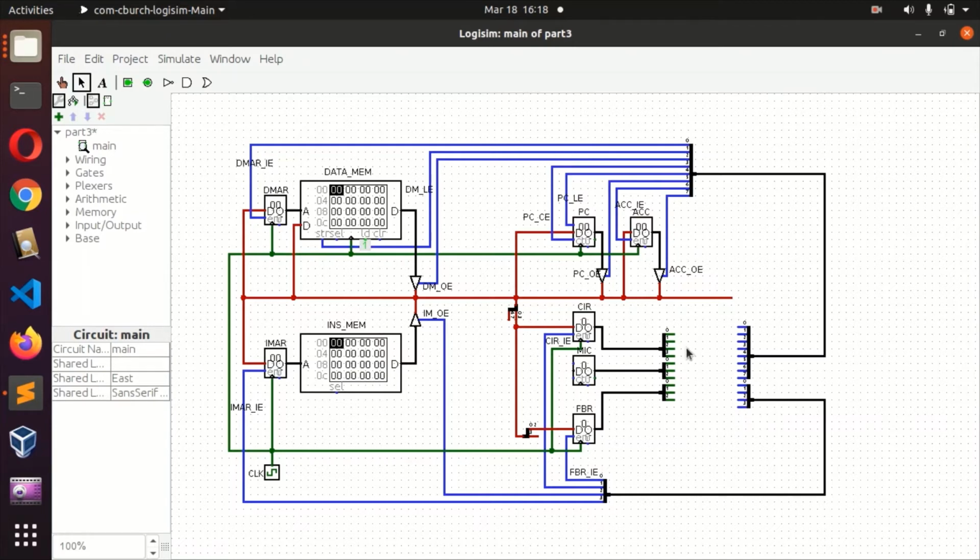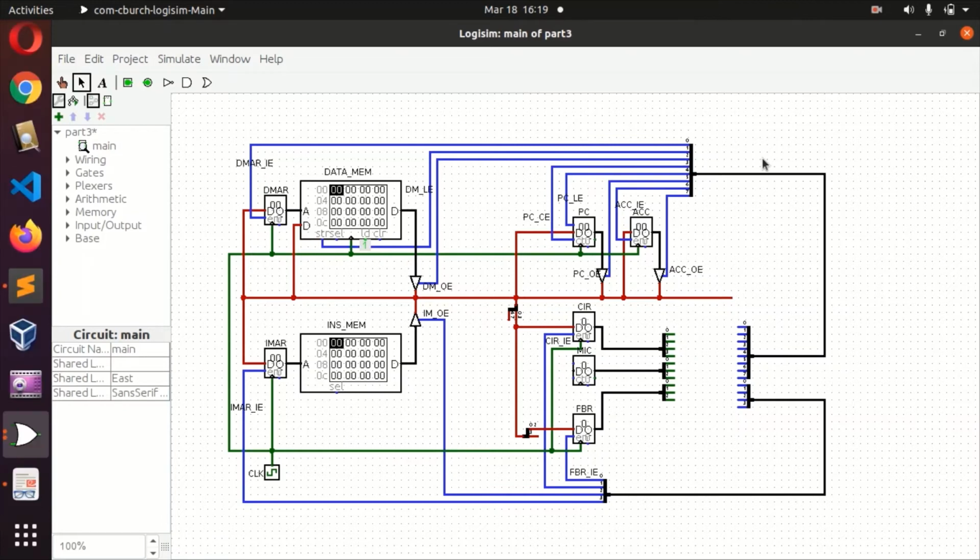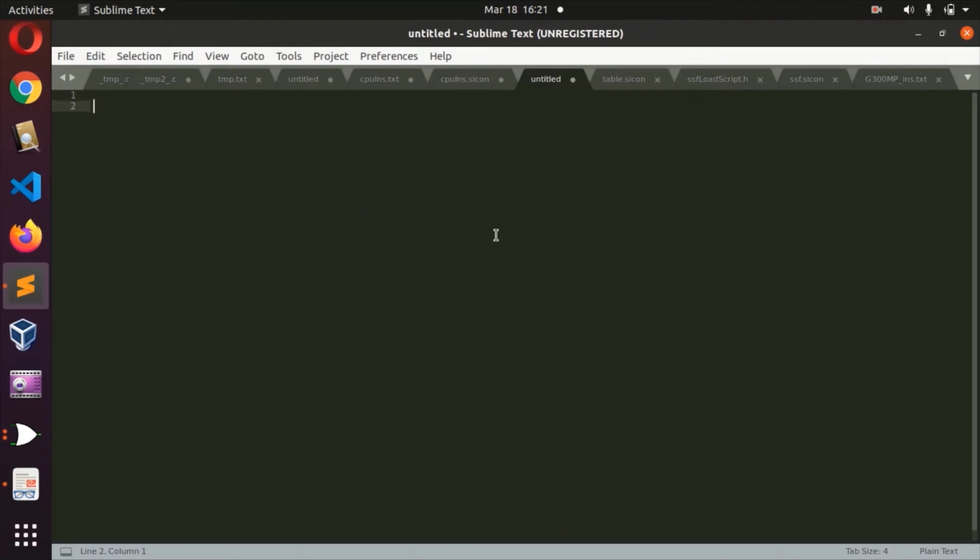A control unit would be useless without it. So let's start creating the instructions for our system. We are going to create our instruction set. I have a blank page open here, and we will start writing the instructions and then some description about each. But before that, I would like to show you a typical instruction set